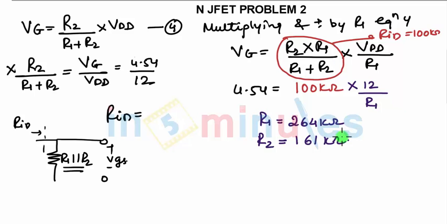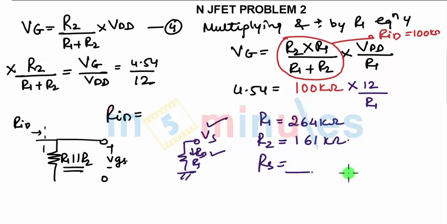So with this we have done the A part, that is we have designed and found the values of R1, R2 and RS. Now we need to find out RS. RS will be voltage at source, VS, over ID. Since you know VS and you know ID, you can find the value of RS. What will be the equation? VS is ID into RS. So once you substitute, it will be 1.2 kilo ohms. So this is the design part. Now coming to the second part.